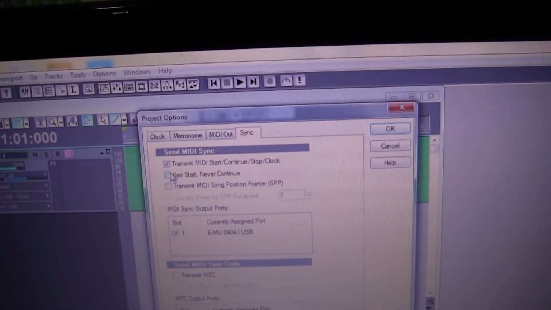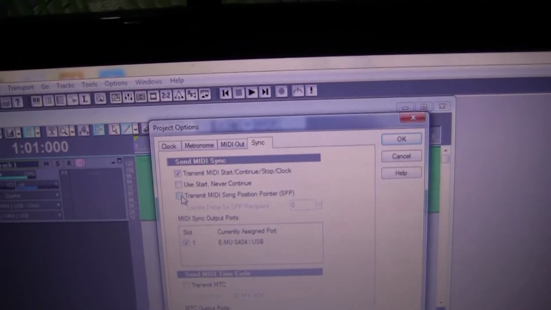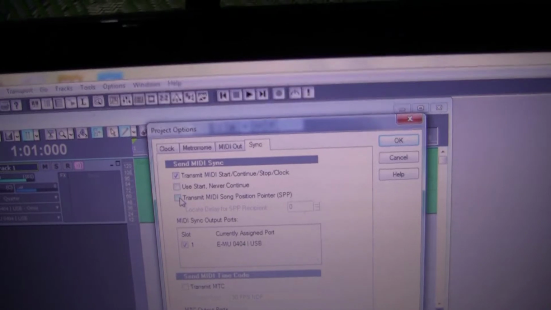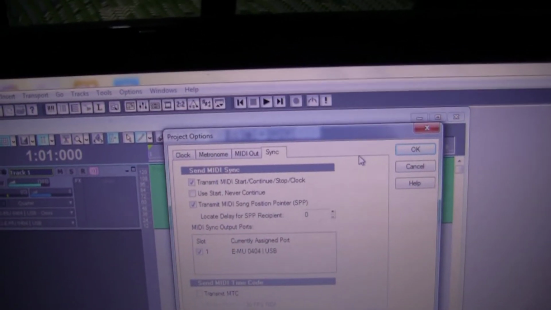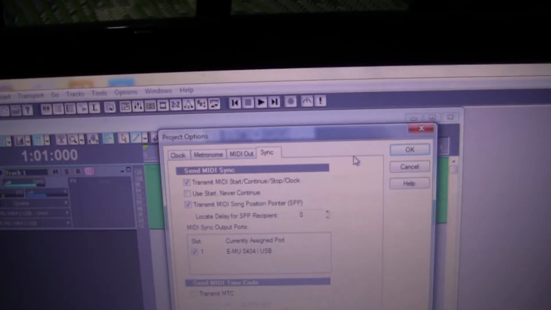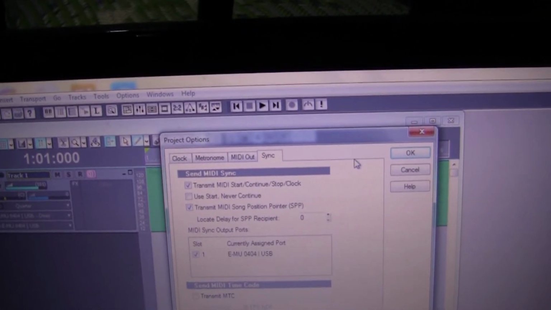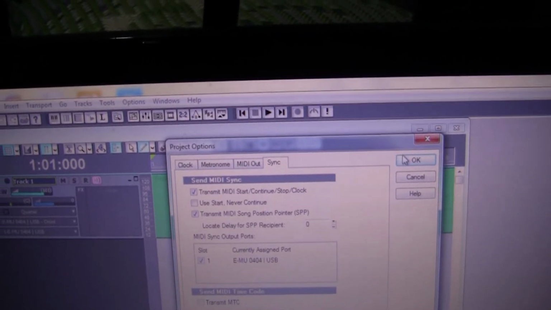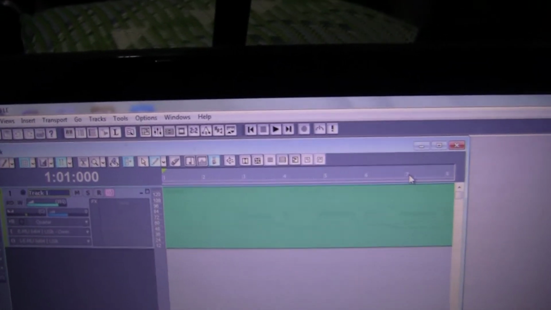You tick that. And you also want to transmit the MIDI song position pointer, SPP. Now once you activate those two, once you're transmitting MIDI start, stop, continue and clock along with the song position pointer, you have done all you need to do